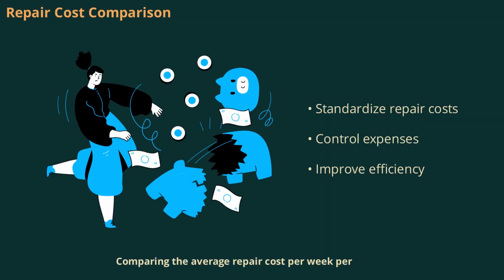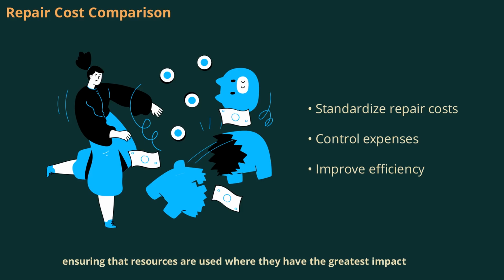Comparing the average repair cost per week per house reveals that ES spends less than HS. This may be due to contractual agreements for repairs, which standardize costs and reduce variability. HS can consider a similar strategy to control repair expenses and improve efficiency, ensuring that resources are used where they have